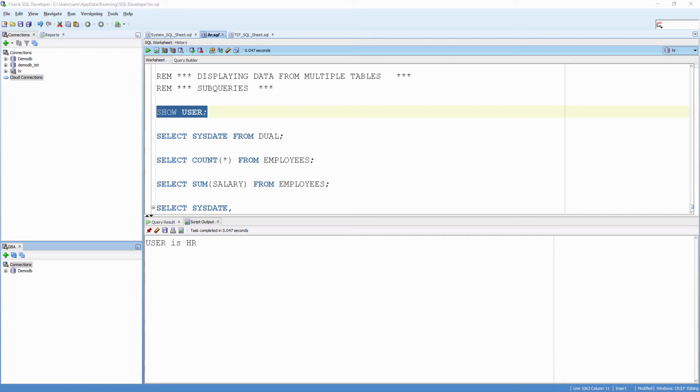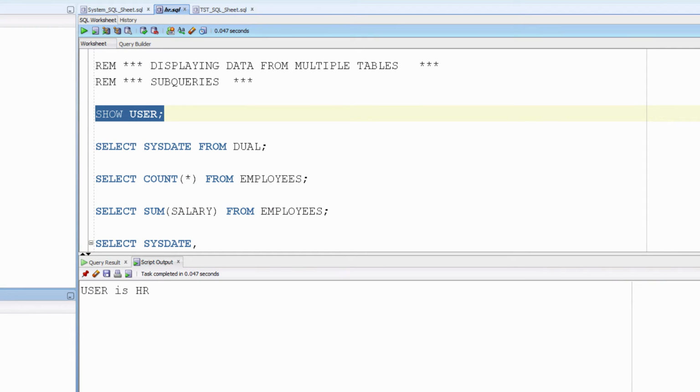Subqueries. Let us assume that I want to see today's date, the number of employees I have, and how much salary I pay. I can do all this by running three queries separately. Select sysdate from dual,